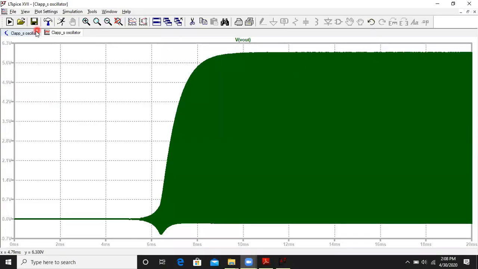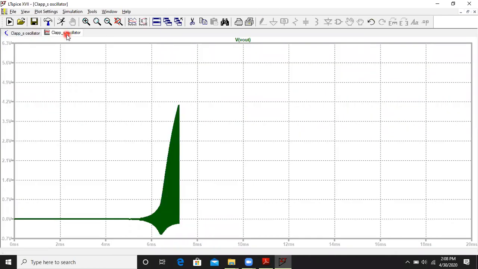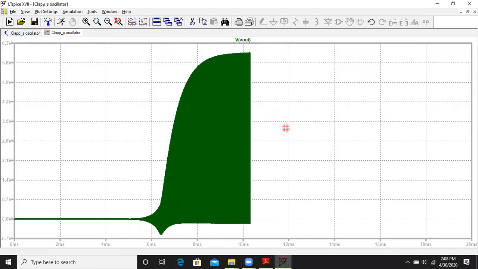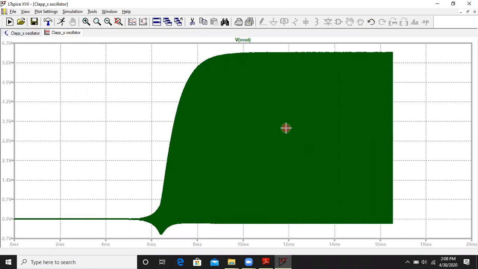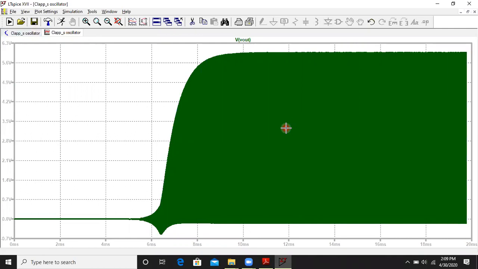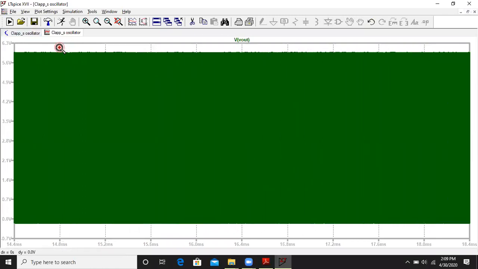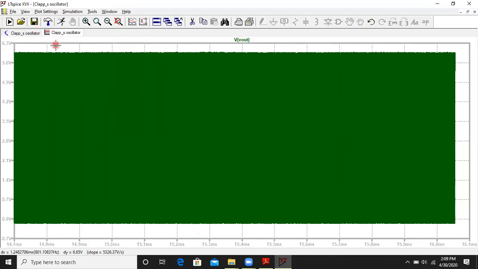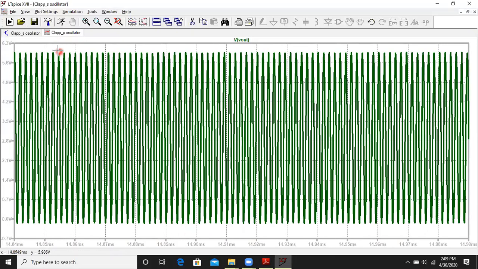What we did is we reduced the time period to around 20 milliseconds, because for 30 milliseconds it was taking too much time. Here it is. Let it complete, then we will analyze the waveform. Yes, it is a highly compressed waveform. We have to extract it from here. We left click with the mouse and again maximize this, and we have to do that until we can view a sine wave.